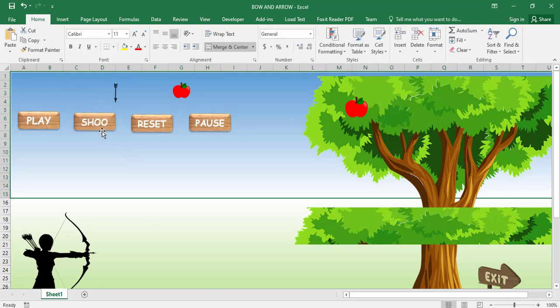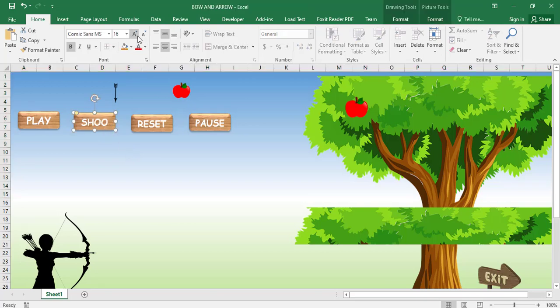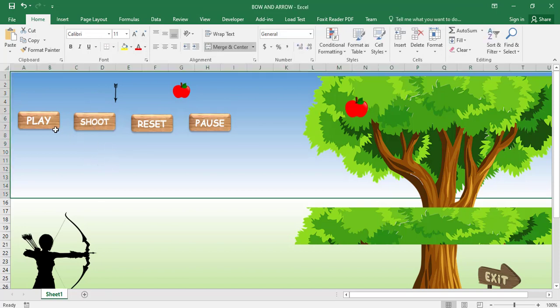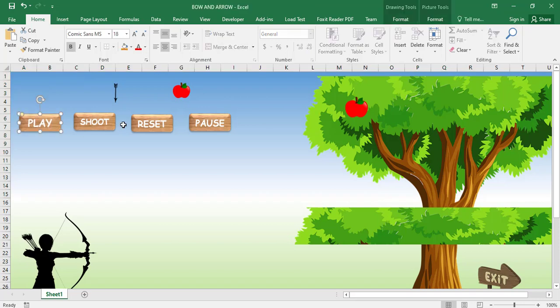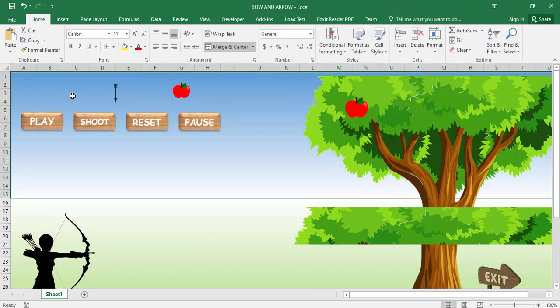Okay. So this one, let's try to reduce the size again. Okay, so now we have this. Then the last one, the play, we can maintain it. So we have our buttons here. We'll be linking them to the various macros so that when you hit them, they run. Okay, so the next thing you're going to do now is you need to set a